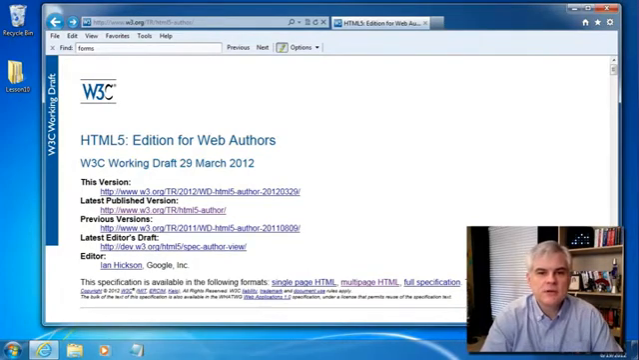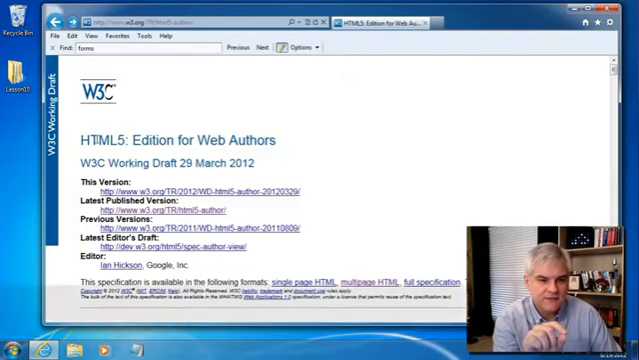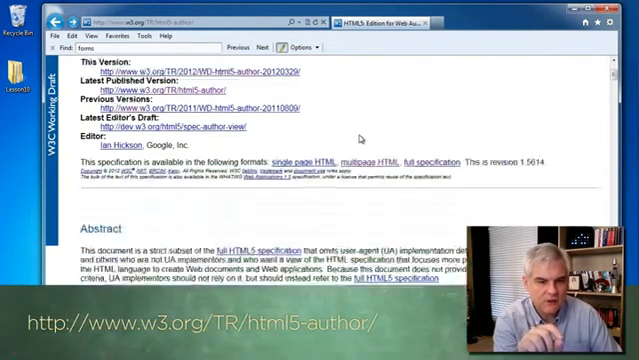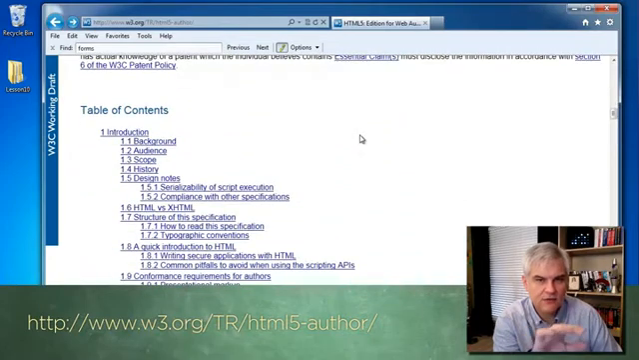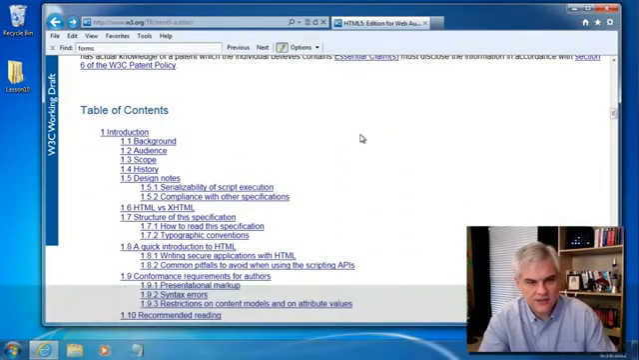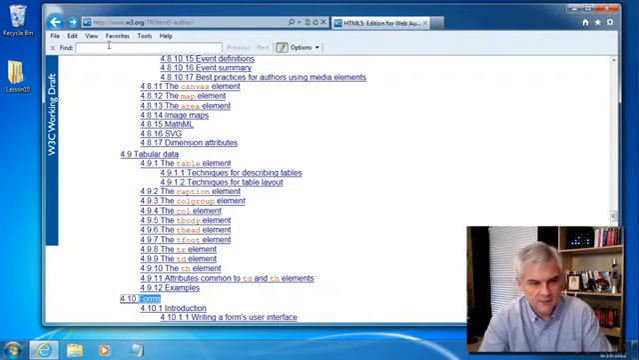So for this video, I'm going to use a modified version of the example that we find here in the HTML5 specification. Notice I'm on this version of the specification called the Edition for Web Authors. Just as a reminder, we're looking through the table of contents for the entire specification. I'm going to open up my Find